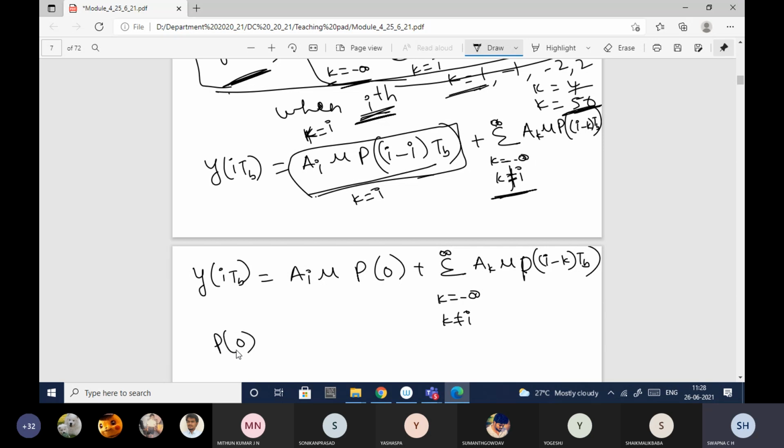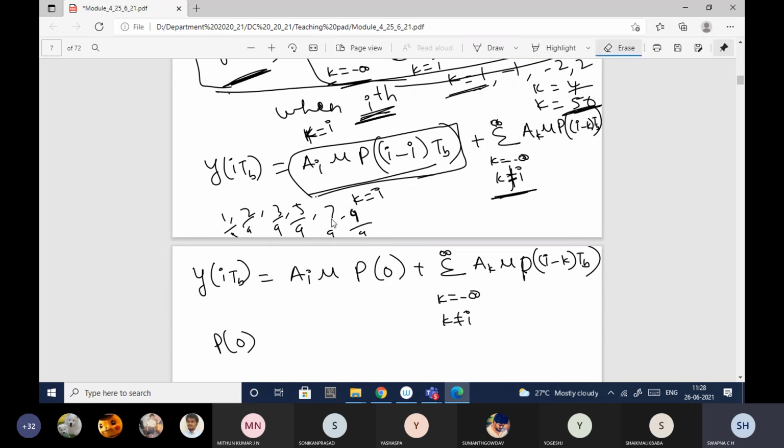Normalized value in the sense, if I have 1, 2, 3, 5, 7, 9 like this, what we'll do for normalization? Can anybody tell me how will you do the normalization of this sequence? Normalization in the sense, we'll take the highest value in that and divide all the values with that highest value. That is nothing but the normalization.